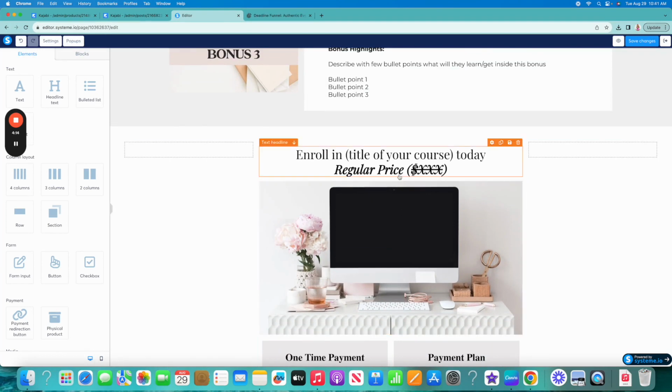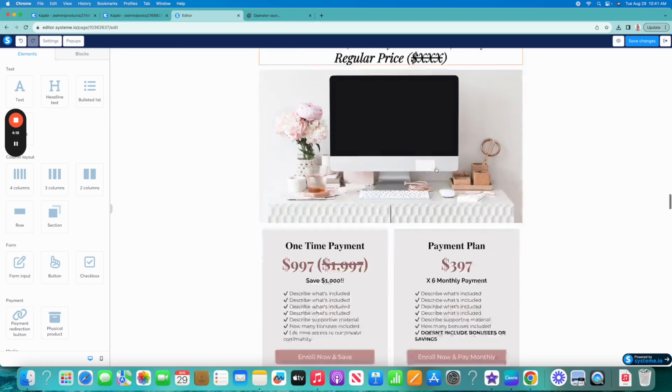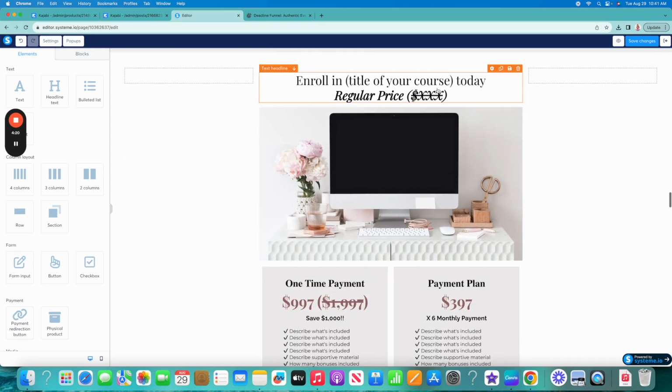So for this one, I would add the regular price here. For example, let's say $1,000 or let's say $2,000. And this is going to be the special price during a specific limited time. So for example, if this is going to be only for 3 hours,